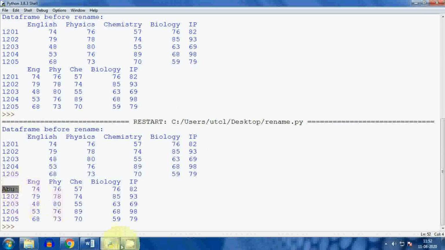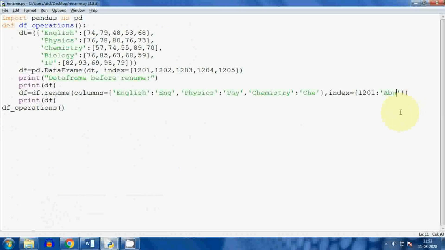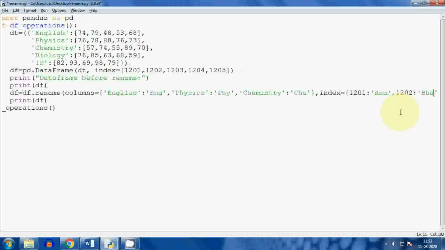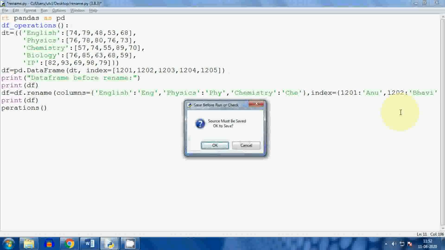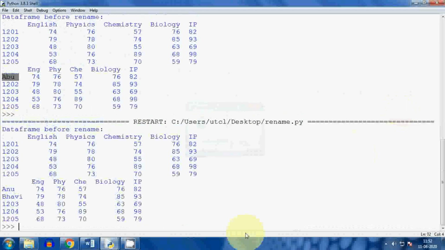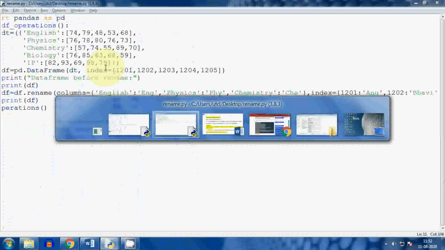Similarly, provide a comma and then the index name, so you can rename that particular index also. 1203, then the name should be Bhavi. Let me check. See, here it is renamed. We have provided 1202. So like this you can rename columns.